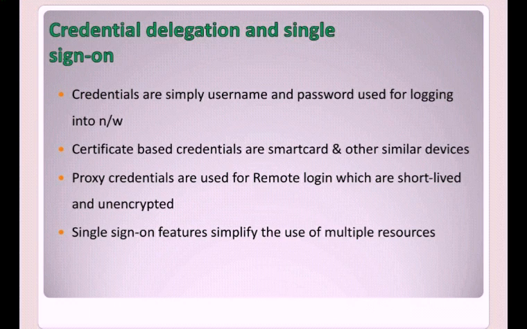Why is it used in unencrypted form? Because it lives only for a short period. So the user identity is used as an alternative to the private key in its original form. GSI uses the single sign-on feature which simplifies the coordination of multiple resources. That is, a user authenticates once and can then perform multiple actions without further authentication. In addition, the system allows processes to act on the user's behalf without further authentication.